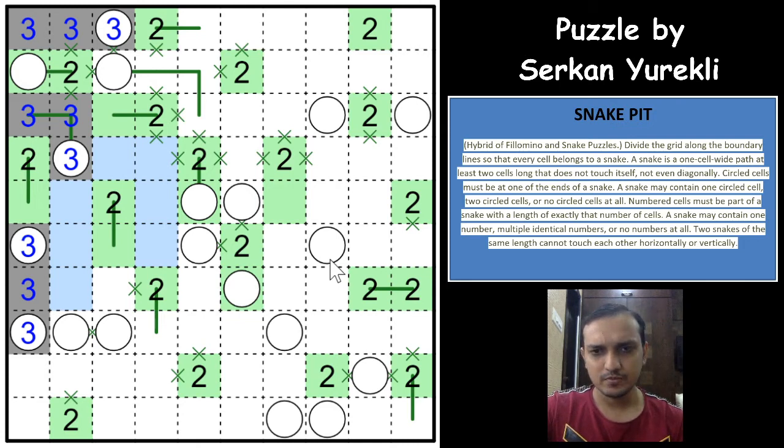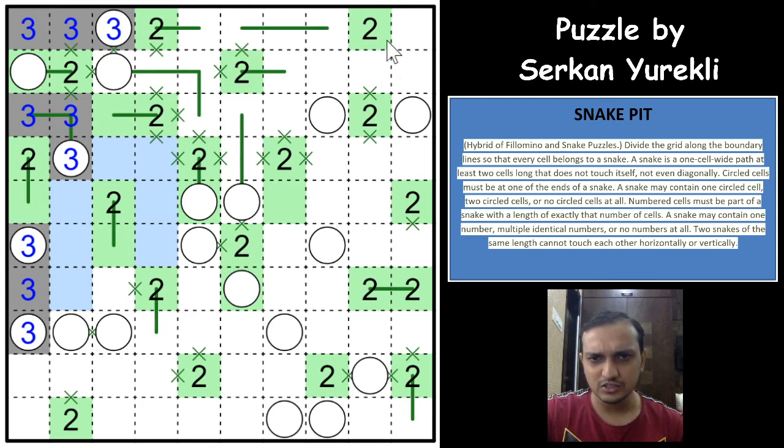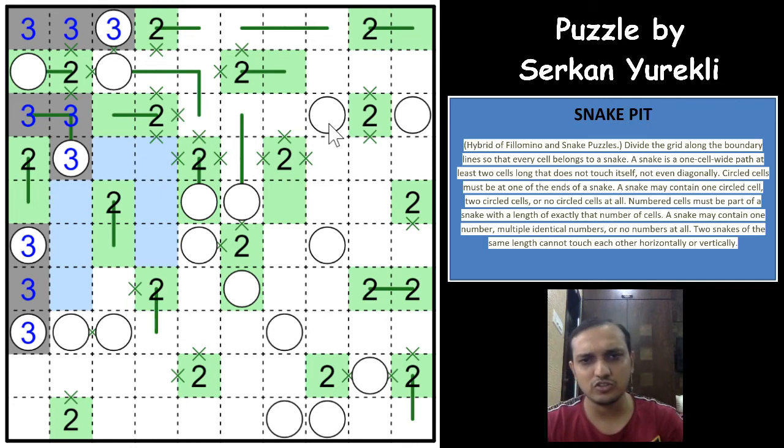Okay, and as you can see here, this has to extend at least 3 cells, right? And it can connect to this also. We are not sure of it, but this two would have to go this way, and this would have to be 3 at least, which means this two would have to go this way, right? Okay, so we can mark that with the colors here. This is a 2 here, this is a 2 here, and this can be 3, this can be 4 or 5, anything. So we are not sure of it yet.